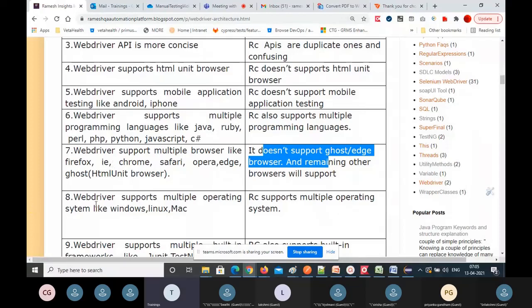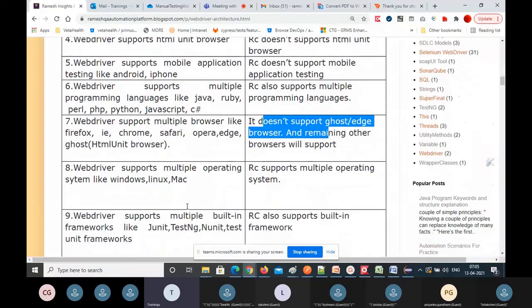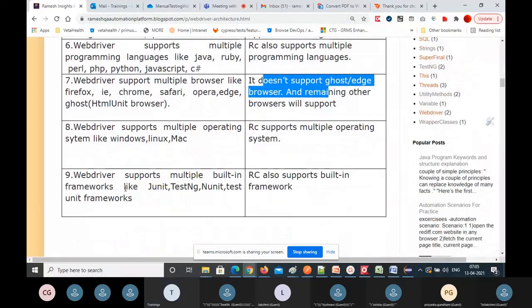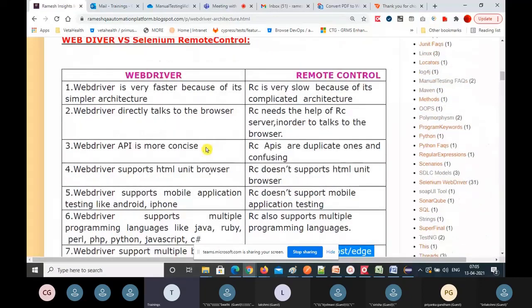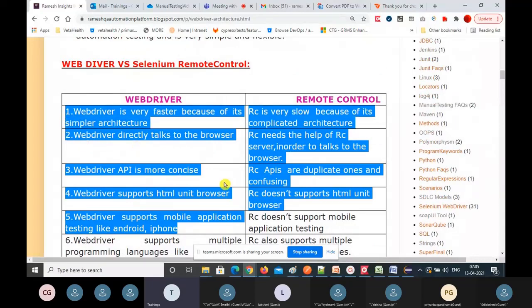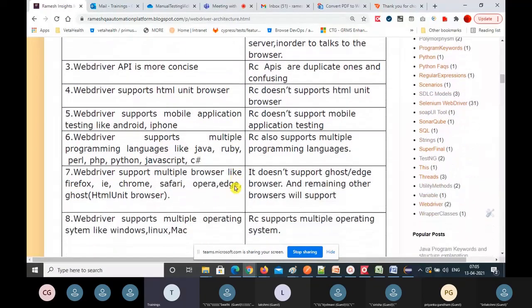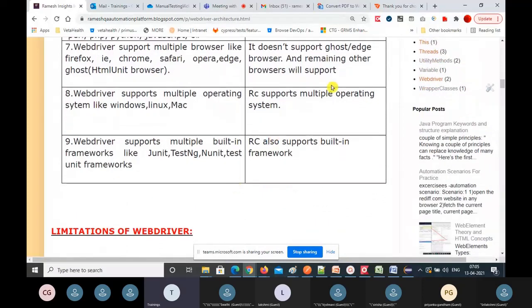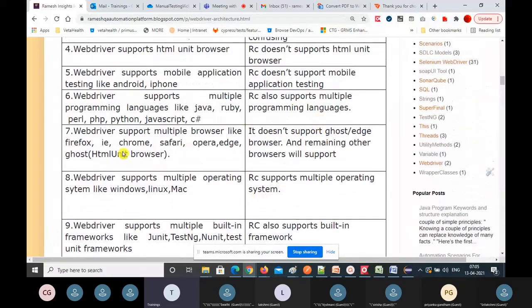WebDriver supports multiple operating systems like Windows, Linux, Mac, and RC supports multiple operating systems too. These features are the same. WebDriver supports multiple built-in frameworks, and RC also supports built-in frameworks. So these are some common features, but the unique features are only up to five. These are the unique features for each of them, but the remaining are all common features. When they merged, all these features came to WebDriver.